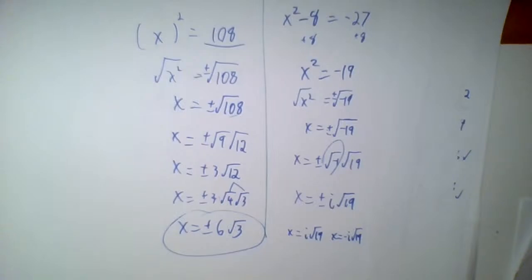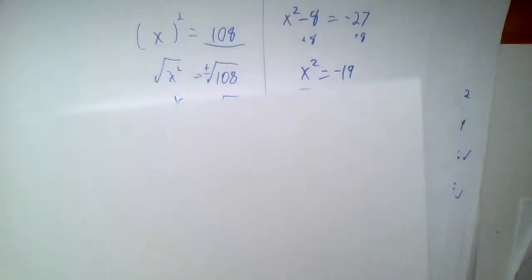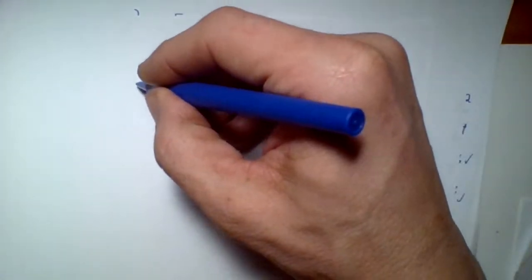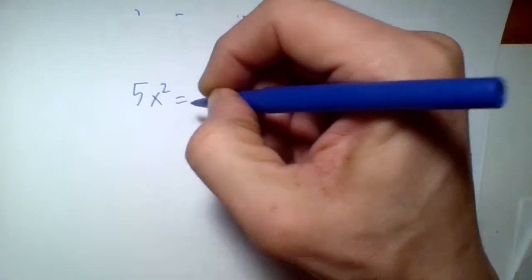Now, rationalizing the denominator is the other thing I wanted to talk about. What if we get a fraction in one of these things? Leads to rationalizing the denominator. So one other type of thing. Not a big change from what we've been doing, but what if I have 5x squared equals